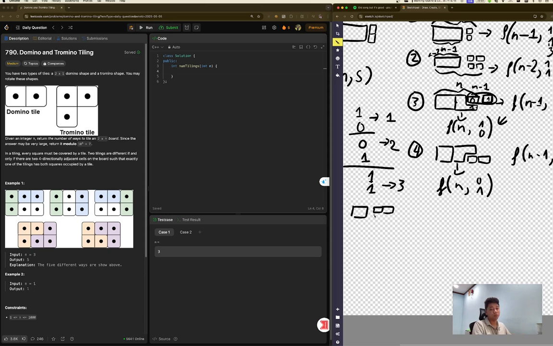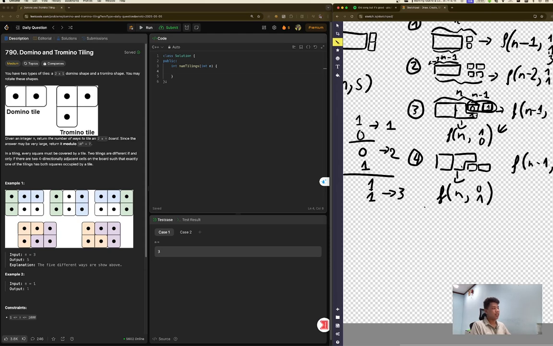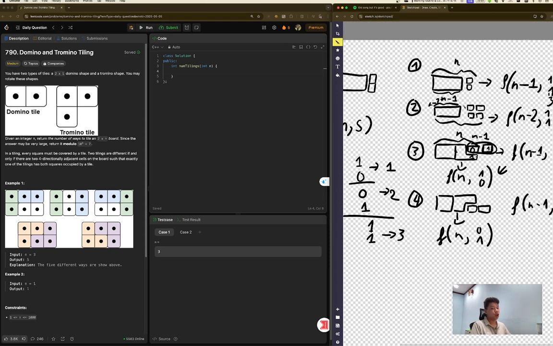We leave the bottom empty or leave the top empty because we can fill it in the future. The only way to fill it is to put this tile, and we can use the triangle domino to put it and fill the board. That's why we don't have this case, so just ignore it. Now back to the case where we put the